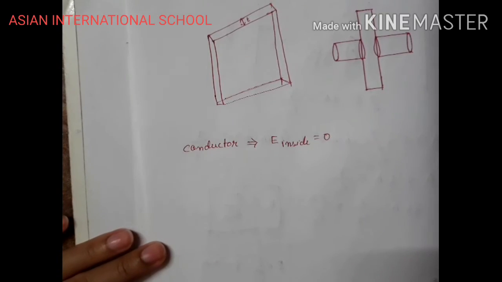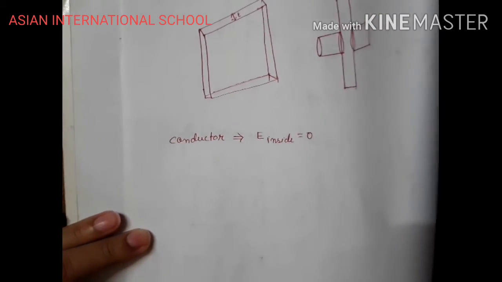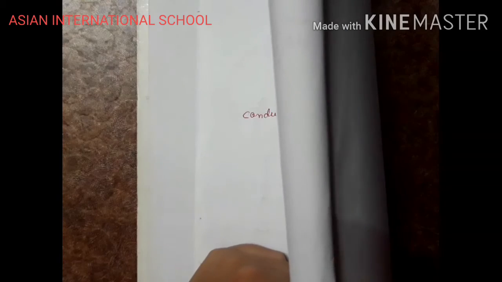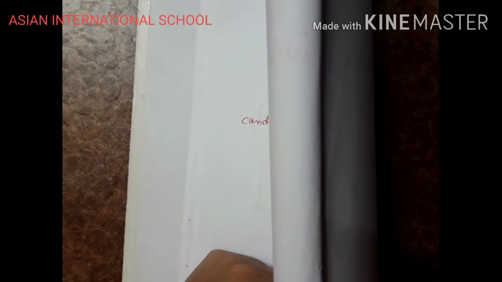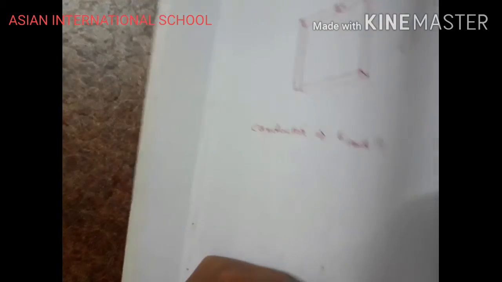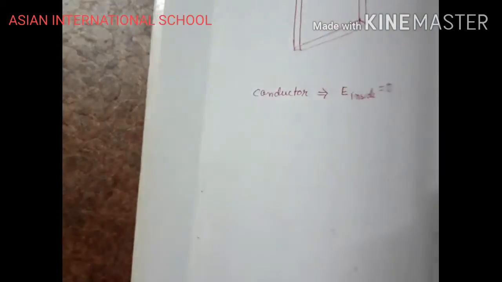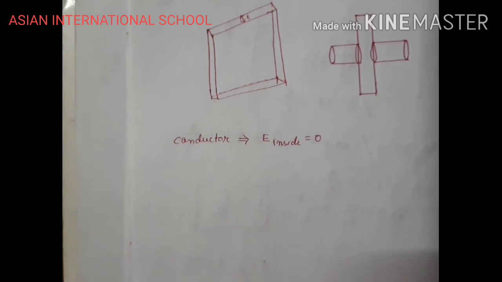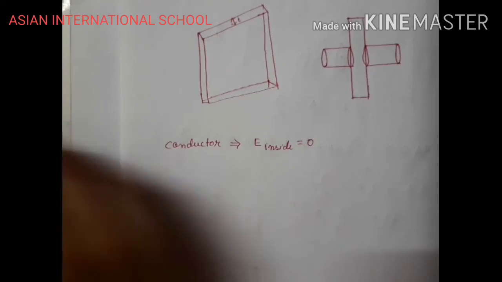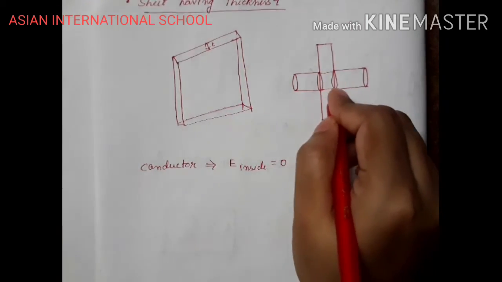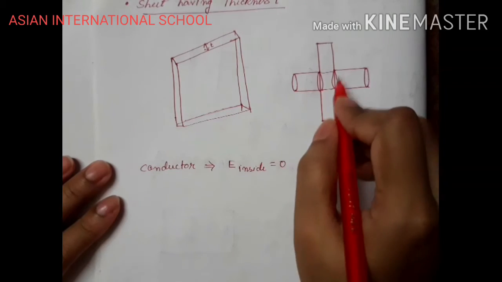Clear? So the electric field will be because of the charges which will be there on the outer surface. Suppose this is your sheet and this is the thickness. So the electric field is due to the charges which are on this side as well as the surface on this side. So we have to calculate the electric field. The best Gaussian surface which we can consider in this case is again a cylinder, and this cylinder is passing through this conductor sheet.